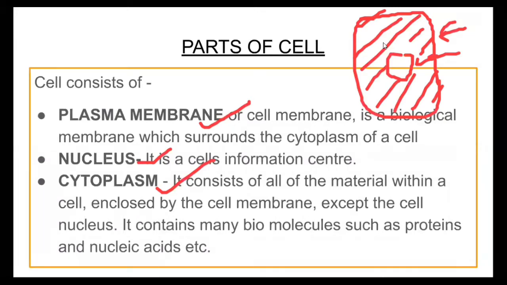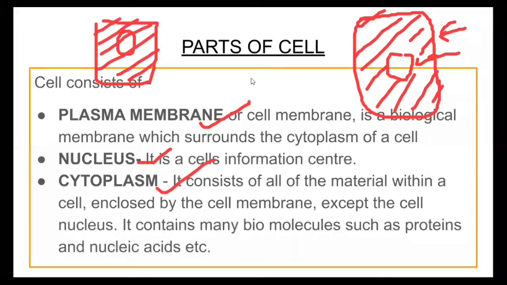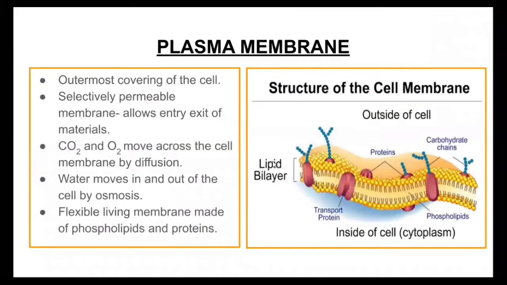There is one more term, beta, all of you should know this term, and that is called protoplasm. Whatever is present inside the cell, including the nucleus, that is called protoplasm, right? Now here comes the plasma membrane. The plasma membrane is made up of 2 layers of phospholipids, and inside that you can see here are the protein molecules which are embedded in it.